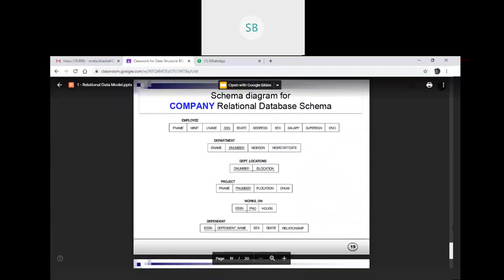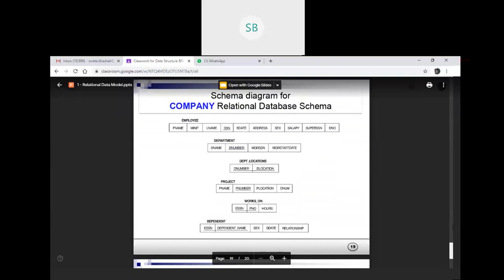Here you can see the tables: employee, department, department location, project, works on, and dependent. For now we concentrate only on two tables, employee and department. The attributes in the employee table are F name, M init, L name, SSN, B date, address, sex, salary, super SSN, and DNO, where the primary key is SSN. You can understand SSN is the primary key because it is underlined.